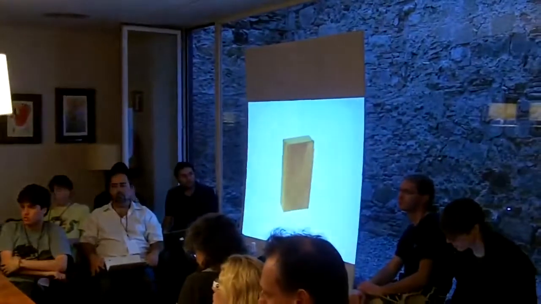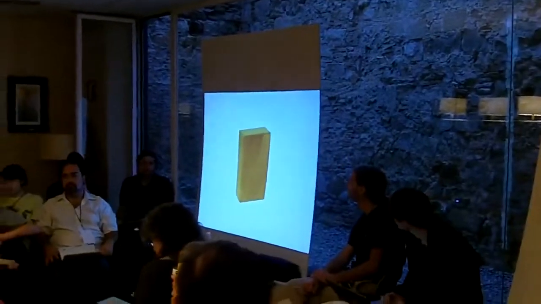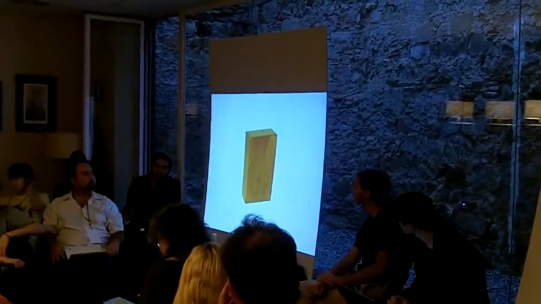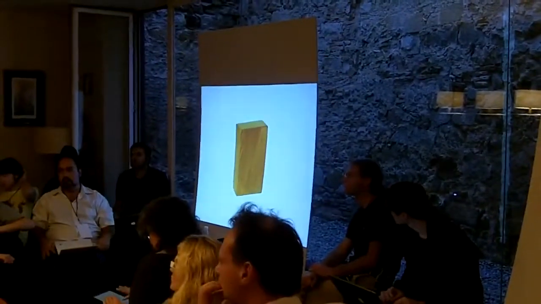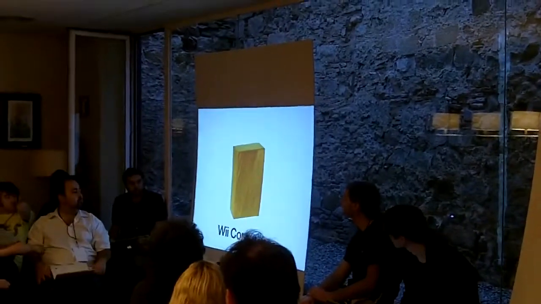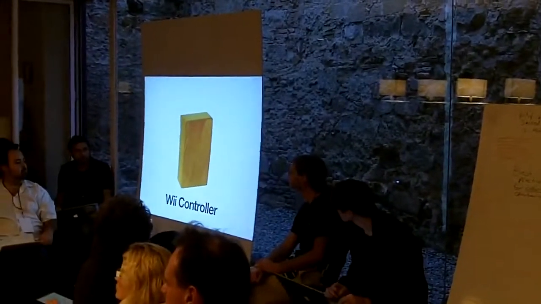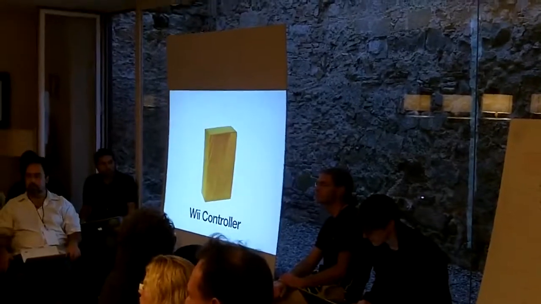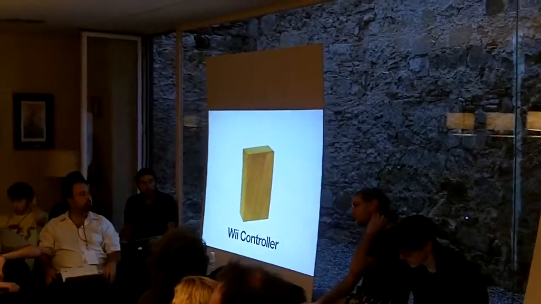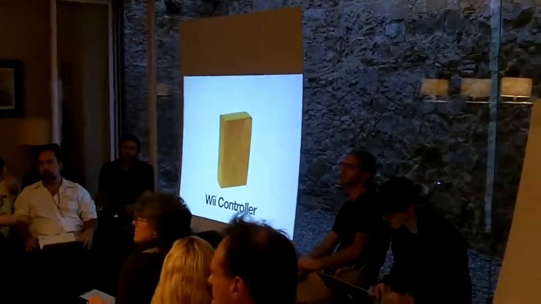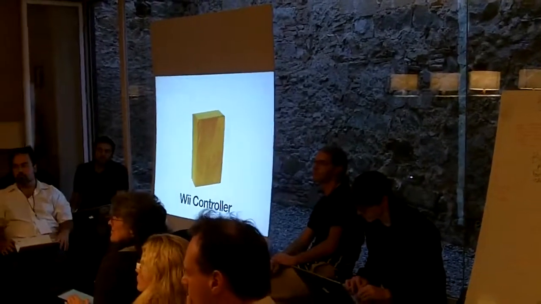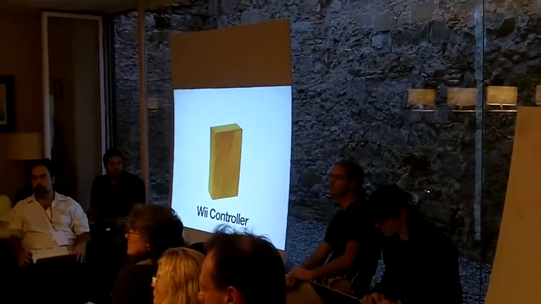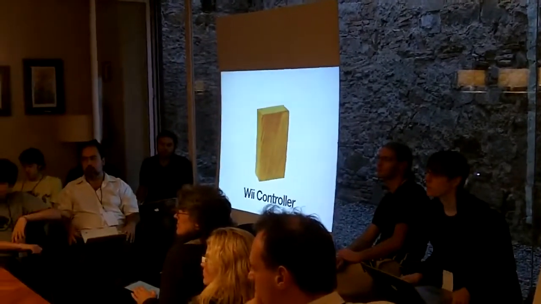Some examples of this. This, as most people can see, is a block of wood. But it's not. It's way more than that. This is actually a Wii controller, right? So people at Nintendo, when they were prototyping this in the early days of the magical Wii controller, they actually had blocks of wood. And they played with different shapes of blocks of wood. And they just swung it around in the air, right? So something as complicated as a 3D remote control sensing thing, which took the game world by storm, they were able to prototype in a day with a block of wood.